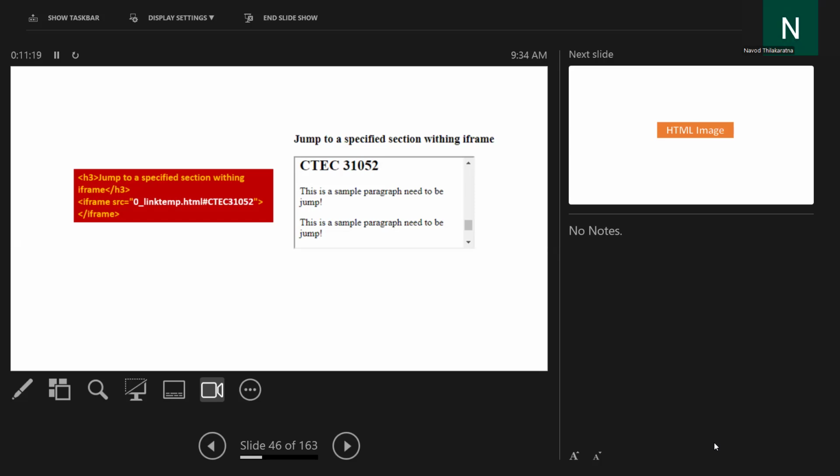When the section loads, the iframe will open with a focus on this particular section, because I have named this section with this particular name. If you define it with this fragment part, the iframe will open the particular web page and it will be focused here. And another thing,